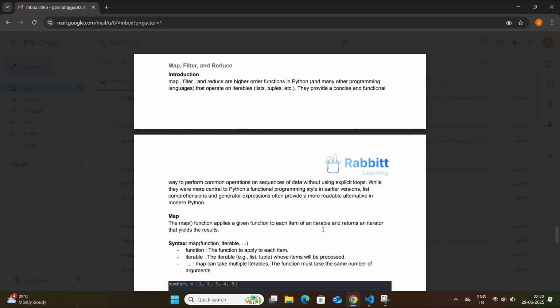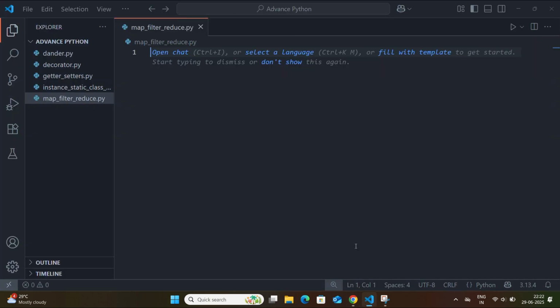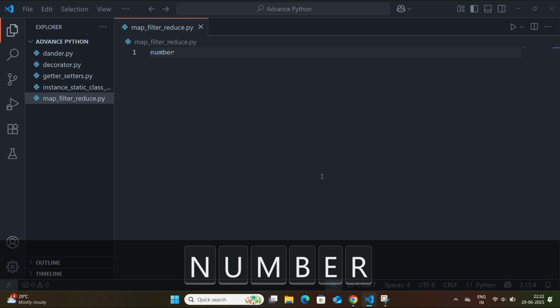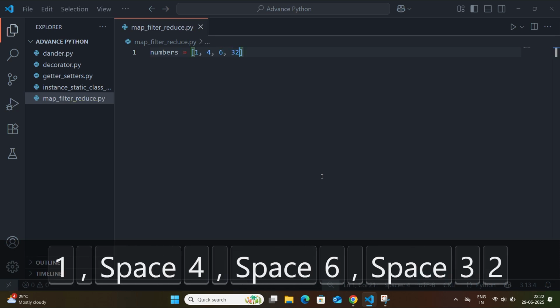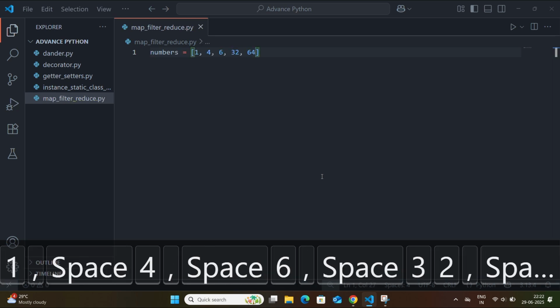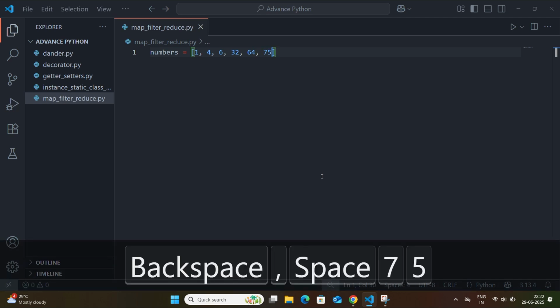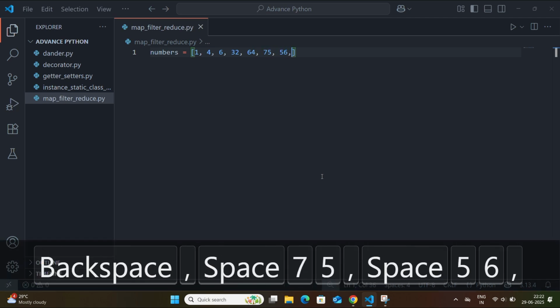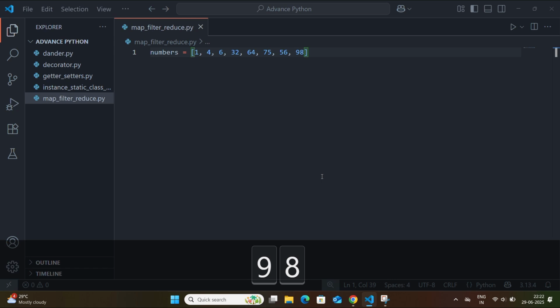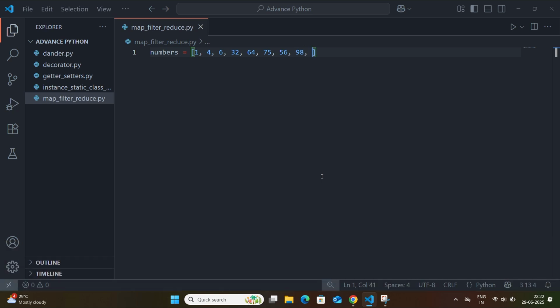So let's create a new Python file called mapfilterreduce.py. Imagine you have a list of numbers equal to 1, 4, 6, 32, 64, 75, and you want to square each number in the list. Normally you write a loop, but with map it's much simpler.